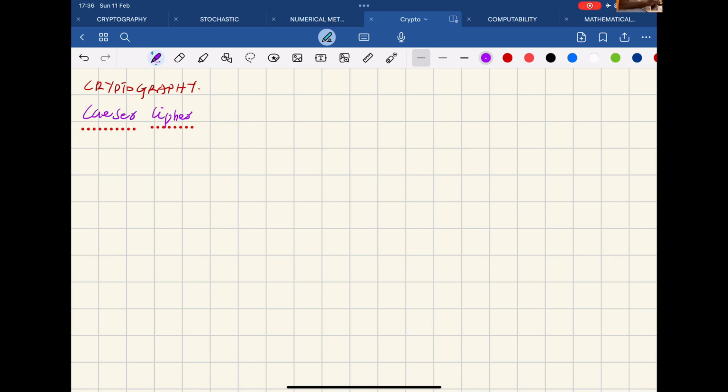What do we mean by this? The Caesar cipher was named after Julius Caesar, who was known to have used this encryption technique to protect his messages. So now, for instance, if